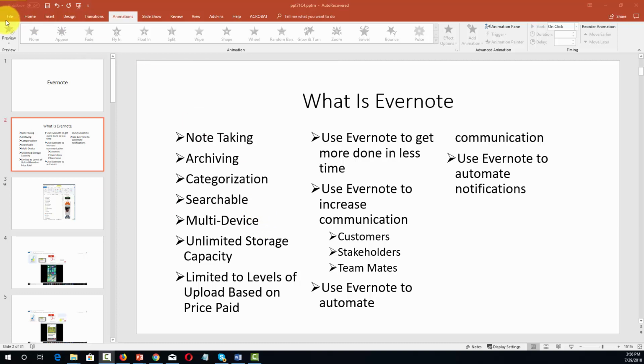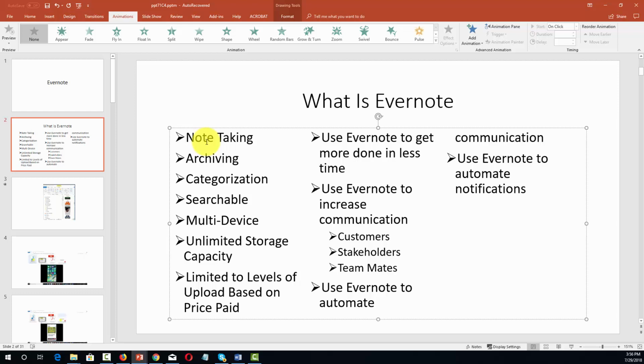Now in this video, we are going to begin working in the Animations menu. We've already discussed the File menu, the Home menu, the Insert menu, the Design menu, and the Transitions menu, and the Animations menu is very similar in nature to the Transitions menu, except all of the action will happen on the actual slide. And any of the elements that you have on the slide, you can control how and when they appear to the person when your presentation is